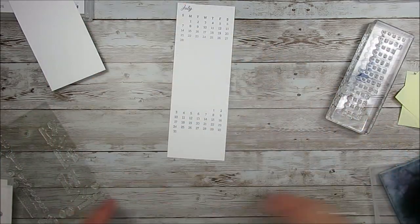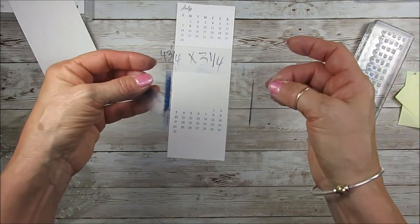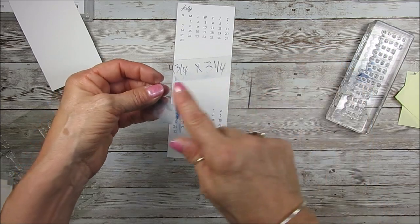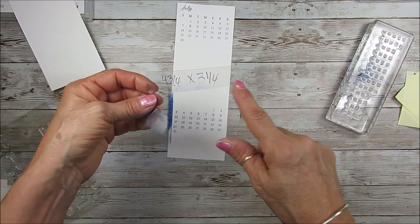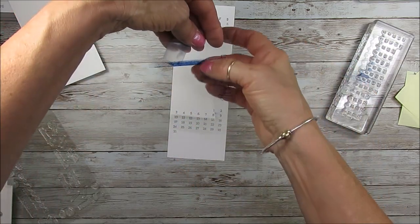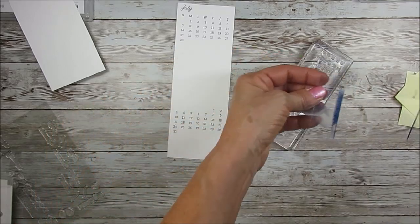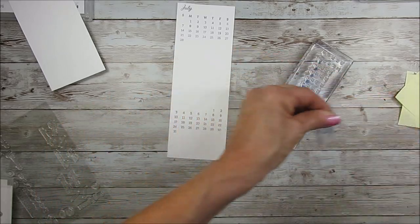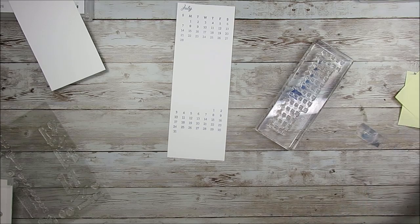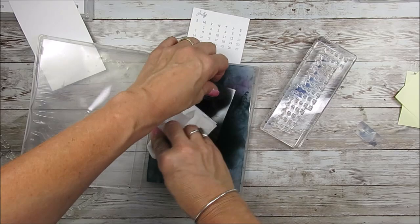So again, the best tip I think that I share is this window sheet here to make a mask. It's 4 3/4 by 3 1/4. Cut 1 inch there, 1 inch, and there from here 1 inch. And then you get your piece at all times. Then to put it away, whoops, you can just wipe it and keep it in